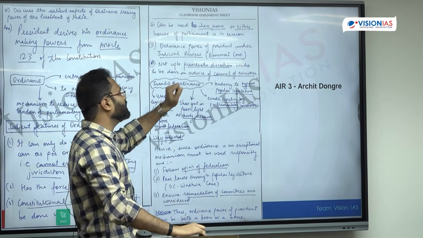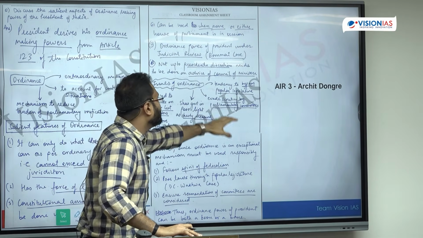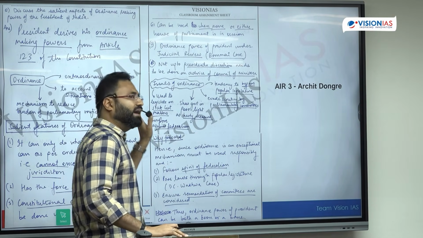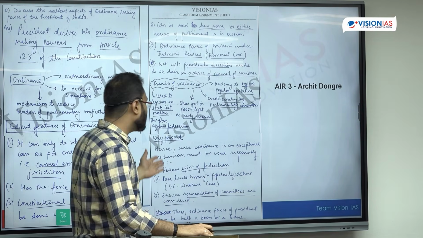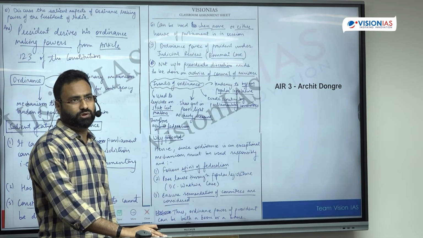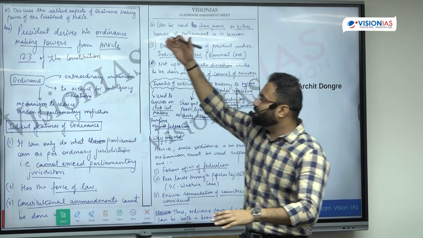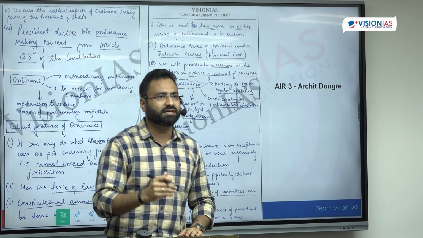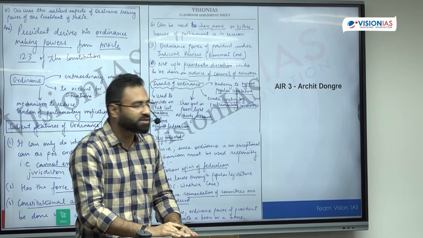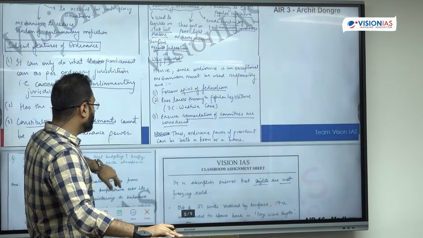So he has given certain kind of issues with respect to the ordinance making power. He has talked about that, and when the space was less, he has tried to restructure that in brief keywords. So he has incorporated brief keywords, and then he had given a way ahead that how these particular misutilizations can be prevented, and he has quoted certain kind of case reference also. So can you see how the structuring is very clear? There might be certain chances that maybe certain space utilization or any other thing can be further improved. But yes, these are the feedback mechanisms where you will be gradually improving upon those particular things. Yes or no? So basically this was the structuring aspect of Archit's copy.